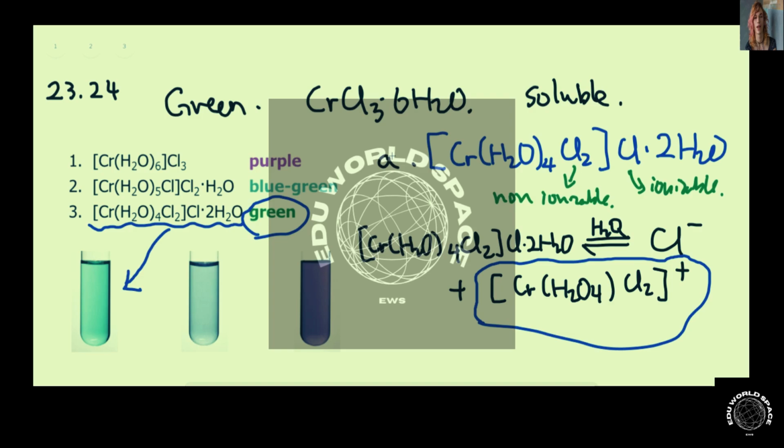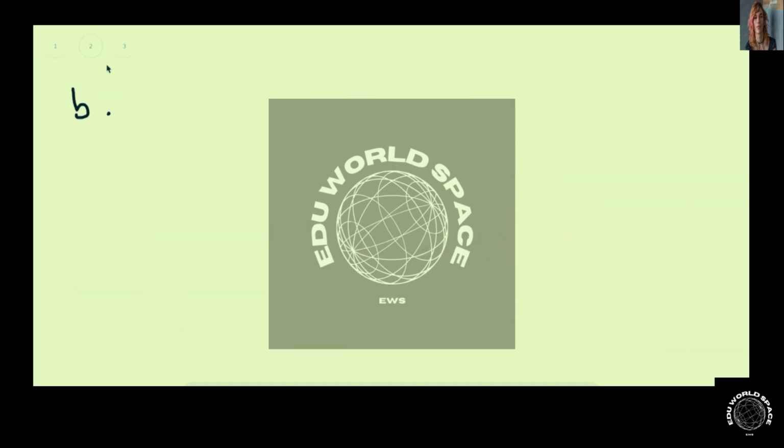Alright, now question B is saying if the complex is treated with excess of silver nitrate solution, how many moles of silver chloride will precipitate per mole of this complex? So when the complex is treated with silver nitrate solution, for each mole of this complex, 1 mole of silver nitrate is required. This is because the chromium